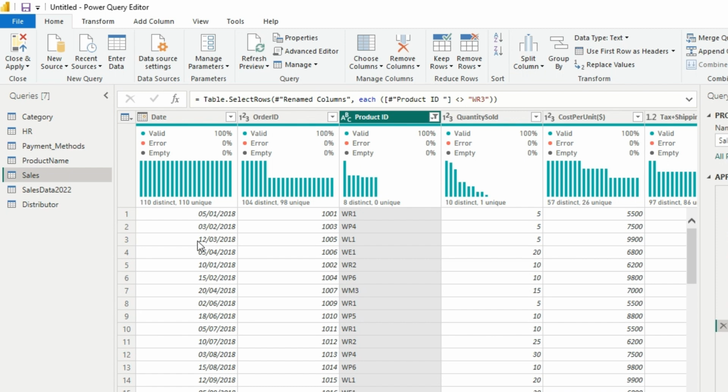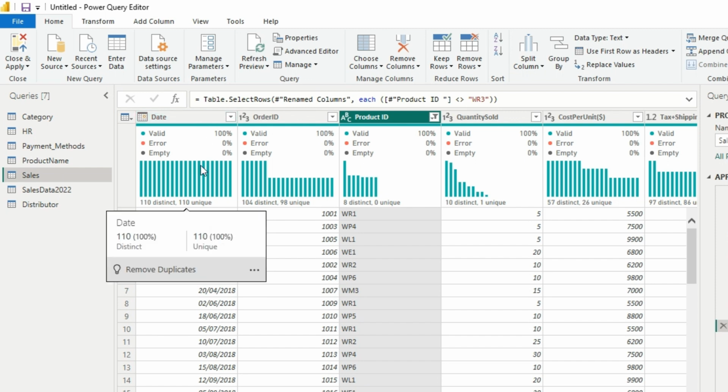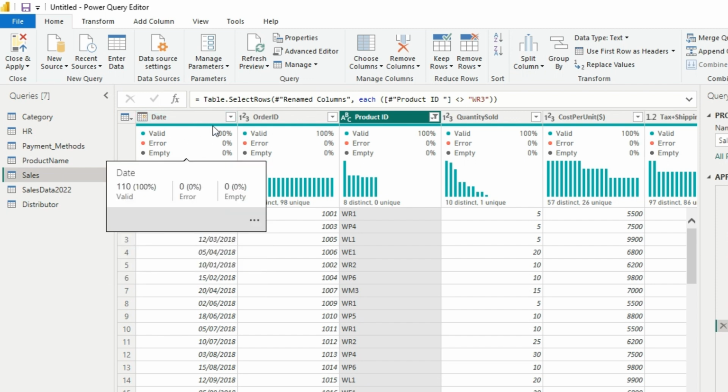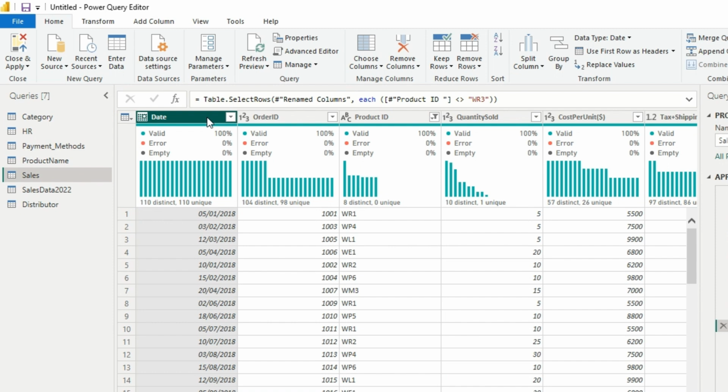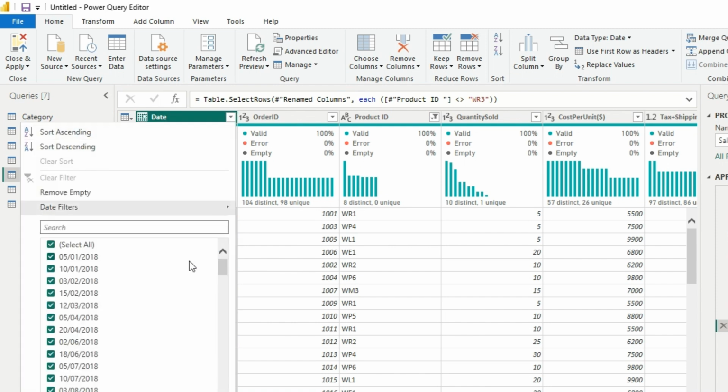We can come to this particular dates column, and I want to filter the date because I've been told to pick up this date. So when I click on it, I come to this filter, and from there, I cannot start clicking all the 2018 entries because there's no time. But Power Query has a better way for me to do it